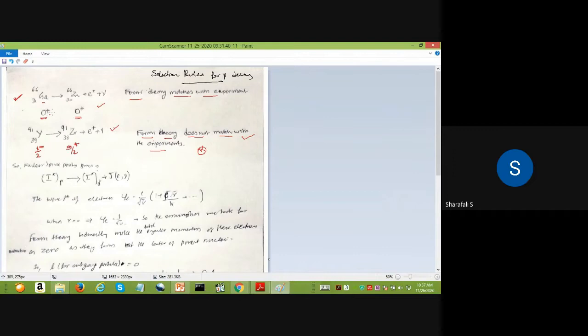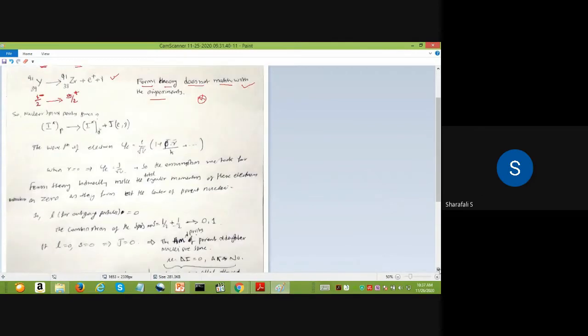So the spin of the nucleus, which is the same here for both the parent and daughter nuclei, and the parity is also the same. But in this case, when it converts to the daughter nuclei, the spin was initially 1/2, then it is converted into 5/2, and the parity also changes. Now we look a little deeper into this, why it is following Fermi, why it is not following Fermi